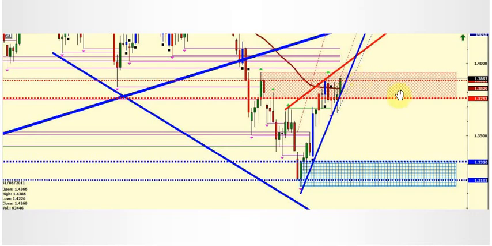So here we see this pattern on the daily chart, and we see that price is really bouncing in between these trend walls, these daily trend walls, which are these thinner ones, and have been doing that most of the week. So that is one reason why we saw price basically consolidate this week. And we can see that price is getting to the point where it's going to break